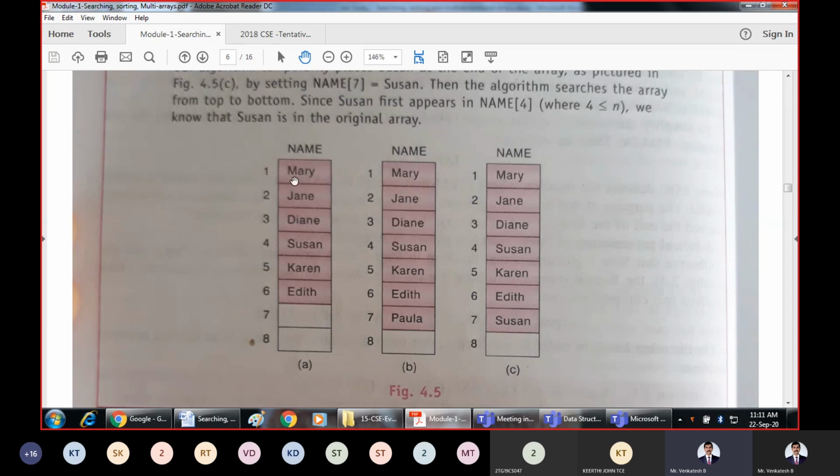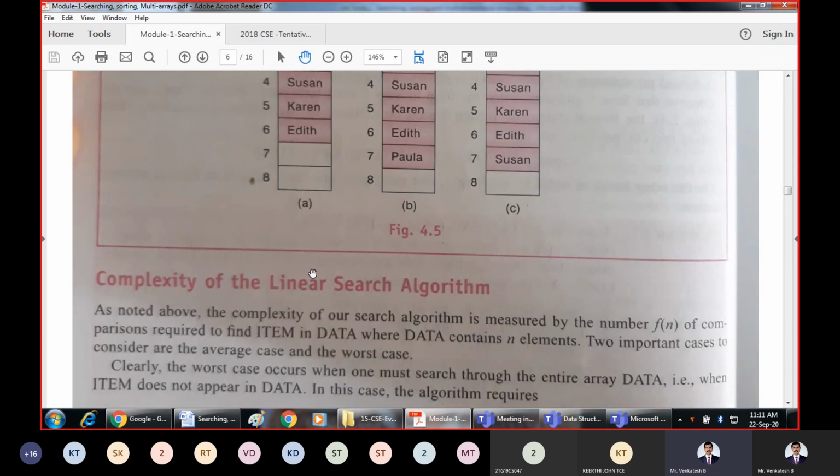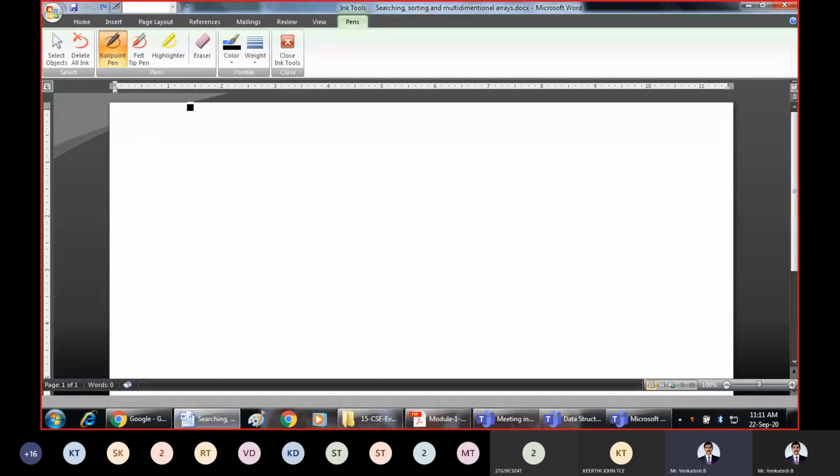We go on comparing from the beginning of the array. Then the search will be successful or unsuccessful based on whether the element is present in the list or not. Say, for example, I'll take one array A here, which has a size of 5, and these are the index values.